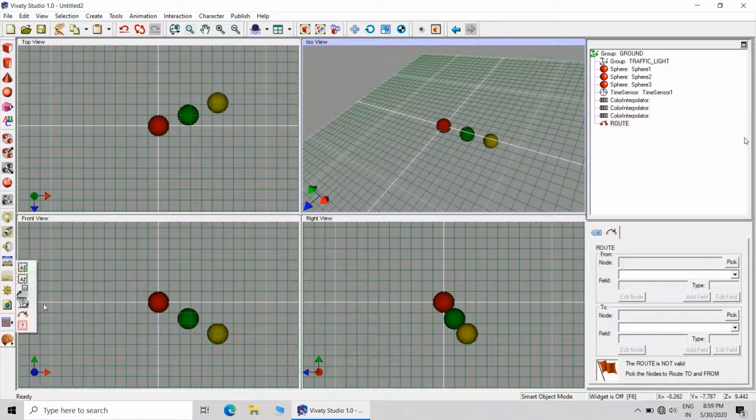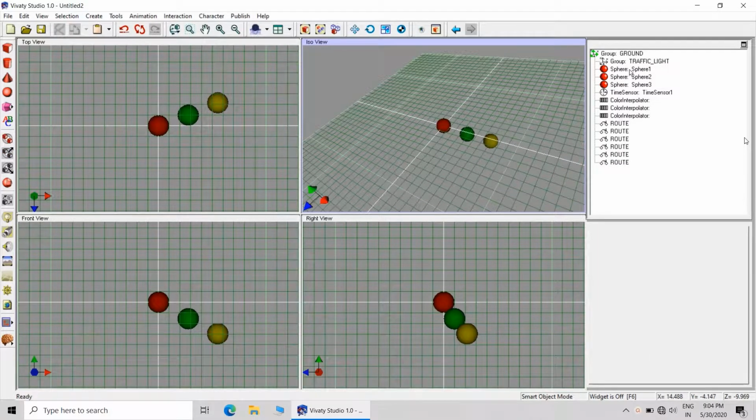And 6 routes will be required. So create 6 routes. 3 routes will be from time sensor to color interpolators, and 3 routes will be from color interpolators to the 3 spheres. So that completes the basic construction of the traffic light animation.